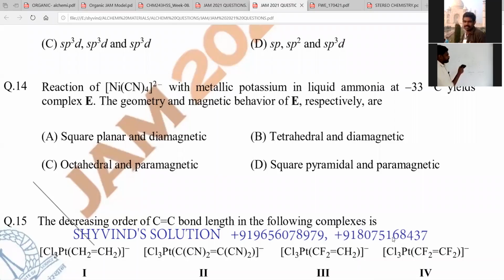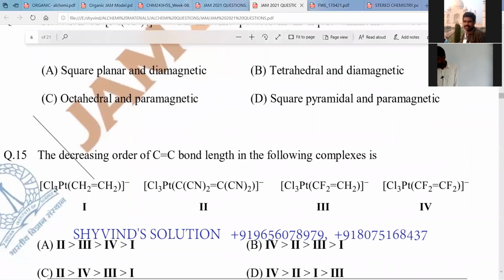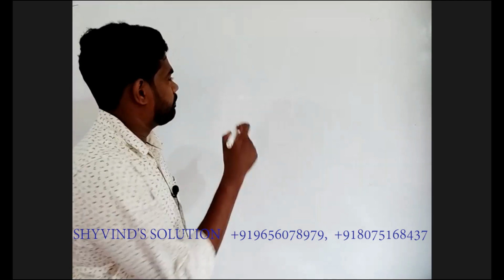Question number 14 is a good question. Now let's check how to do this. The question is: the reaction of Ni(CN)4 2 minus with metallic potassium in liquid ammonia at minus 33 degrees Celsius gives a complex E. The geometry and the magnetic behavior of E respectively are. So this is the question given. Let's see how to do this. We are treating Ni(CN)4